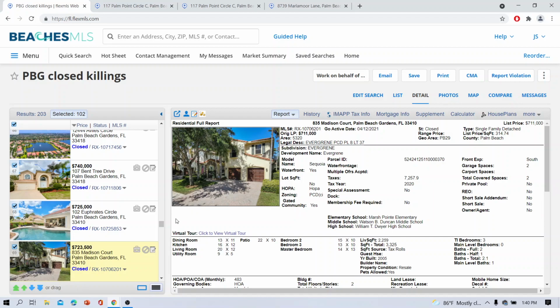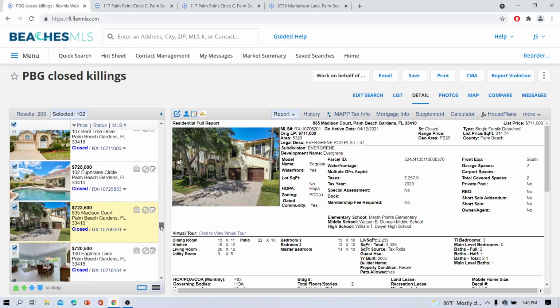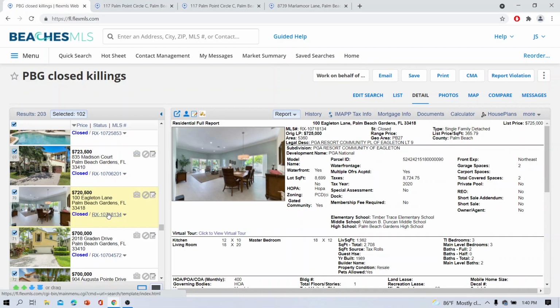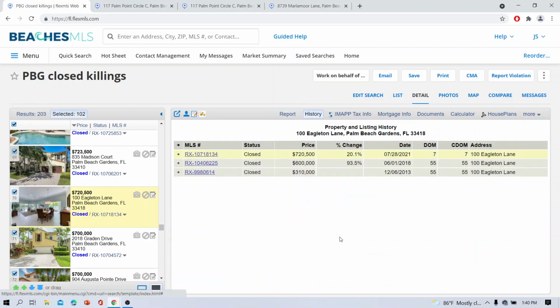Yeah, nope. I think somebody's going to be disappointed. So anyway, Eagleton Lane, $720,000. It sold for. So somebody made a clean $100,000 profit from 2018 to